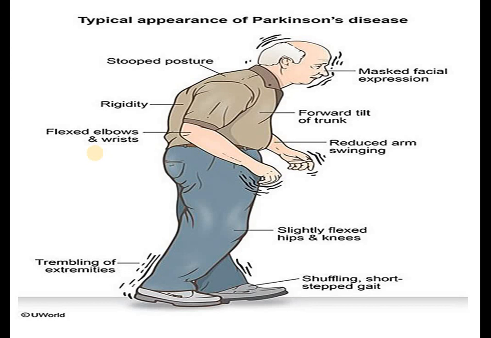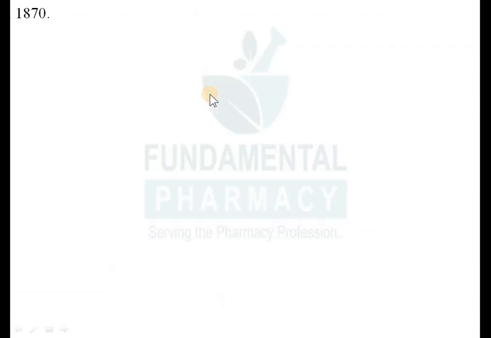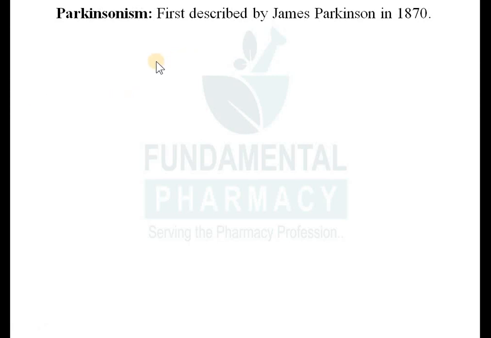Now this Parkinson disease, why this happens, why individual get this Parkinson disease, we will see that. So this Parkinson disease first was described by one scientist known as James Parkinson in 1870, and from that onward the disease is known as a Parkinson. ये पार्किंसन किसने बोला था, जेम्स पार्किंसन ने ये डिस्क्राइब किया था डिसीज, उसकी वजह से उसको पार्किंसन डिसीज बोलते हैं।